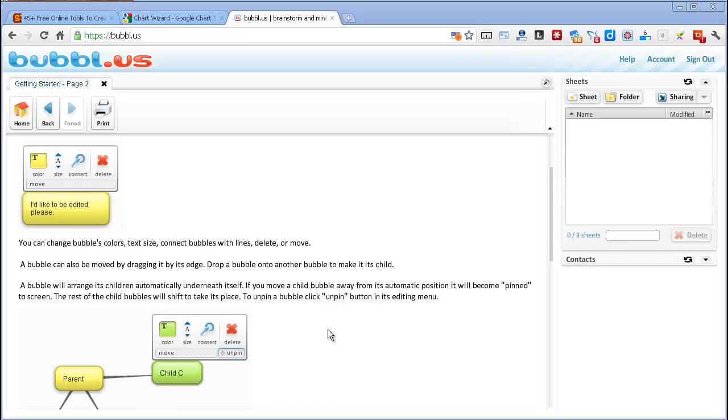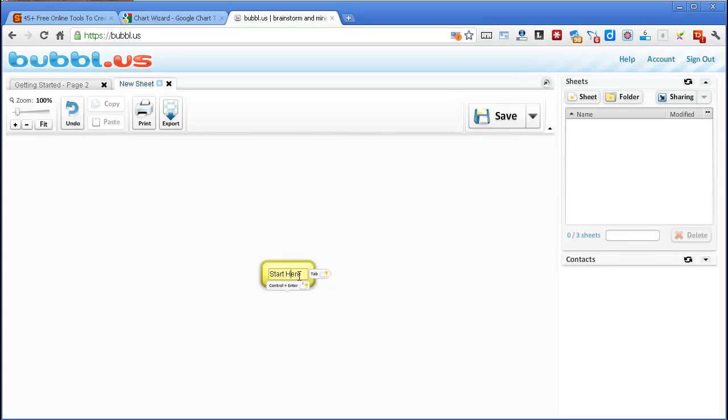Bubble.us is a useful tool for building mind maps, and when you've finished you can then paste them into your web page. So I'm going to build a very simple one now and show you how it's done. You just click one of the bubbles to put in a new title on it. So I'll just put traffic building, and then you can click away from that, and then you hover over it and click on this button here to build a new child bubble. So we'll call this one keyword research. We'll click away and build another bubble,